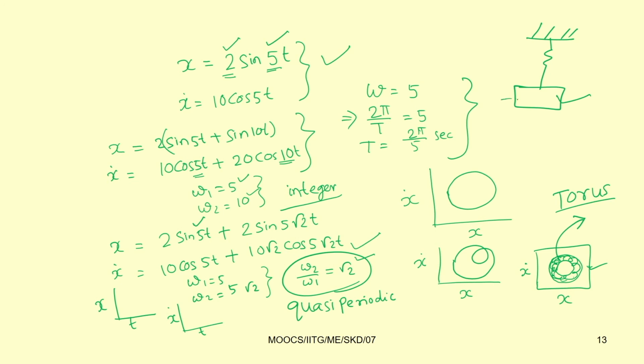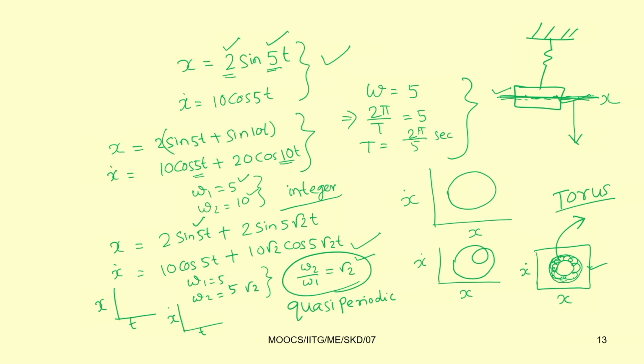And in this case another type of response you can see. When you bring this thing down and leave it, with time you can see it is always oscillating about a fixed point, where you can take this displacement x equal to 0. This is the equilibrium point. So you can find the equilibrium point about which the oscillation is taking place.